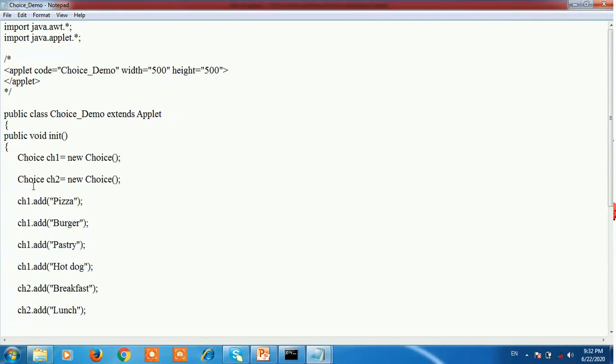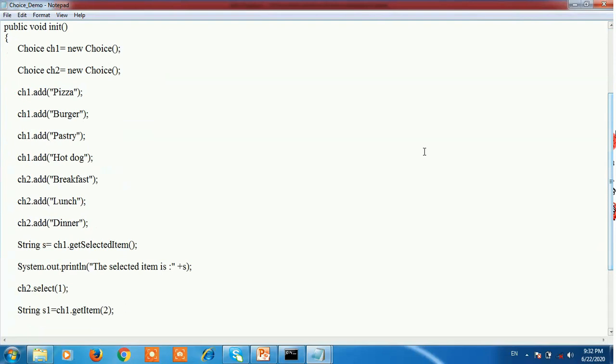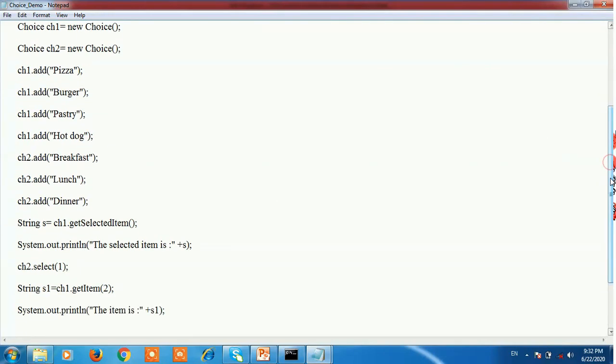Next, for the object of choice 2, ch2, we add some items into choice 2. See here, ch2.add("breakfast"), ch2.add("lunch"), ch2.add("dinner"). These three items are added into the second choice list. Now next, here we use getSelectedItem. GetSelectedItem is used to return the string containing the name of the item.